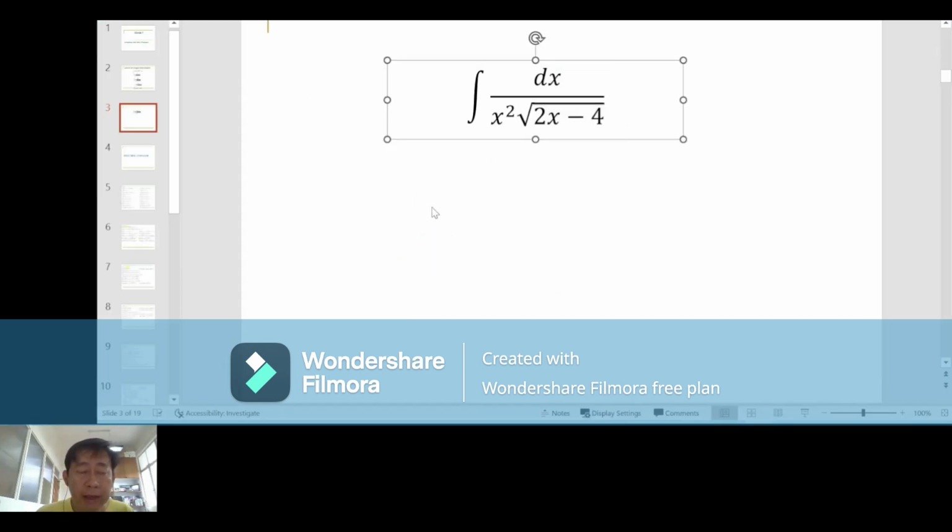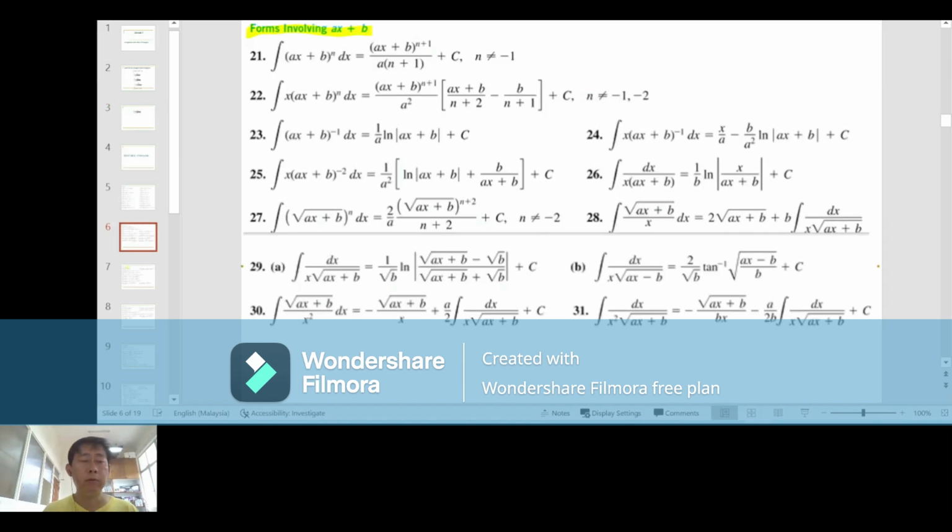We look at the fourth example to demonstrate how to use the integral table. The function we have here is similar to the previous example, but the denominator contains the product of x squared with the square root, instead of the product of x with a square root. The integral table entry we should be looking for is the one that contains ax plus b. Previously, we have been using 29a and b, but in this case, the item that we should be referring to is 31, where it contains the right form of the expression that is relevant to the integration we want to